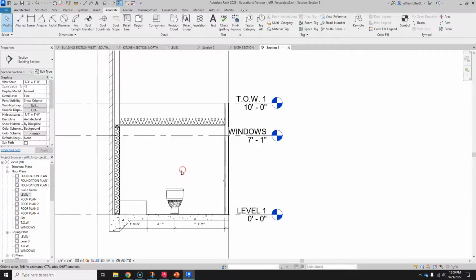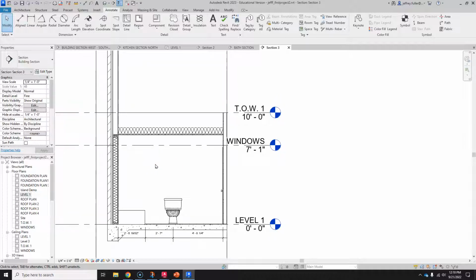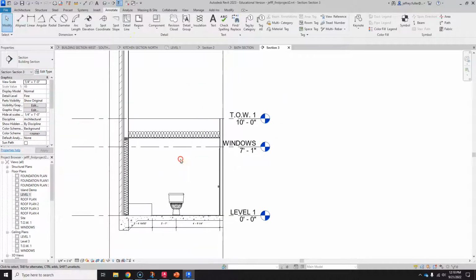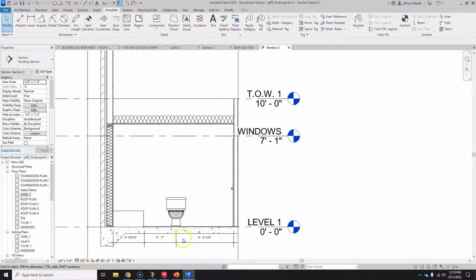Okay, so that is our second bath view, and that is one that we do need to have. And we got our dimensions for mainly our toilet is what we're looking at dimensioning here. That's our focus. So we got that positioned. And that's how you do